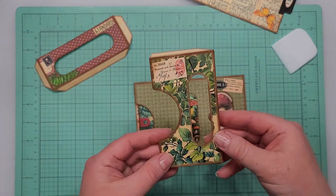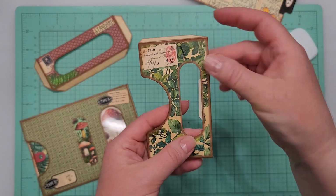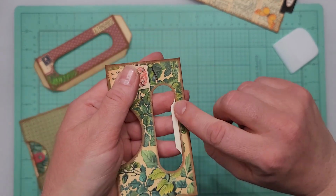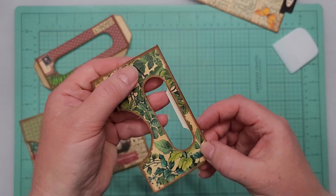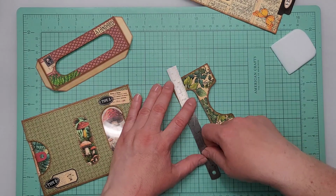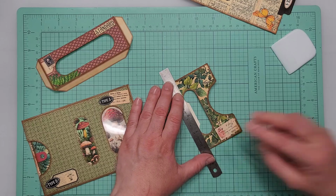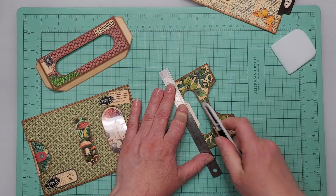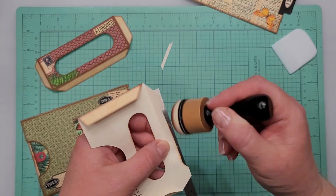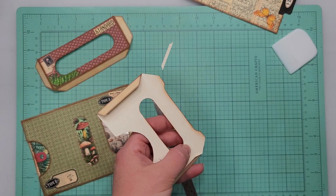Next, I will take the pocket that looks like this, and when you fold the side flap on the right, you can see that part of the flap is showing through the opening. To fix that, I will just take my ruler and my craft knife, and I will cut the excess. If you need to, you can add some ink on the inside of the flap,